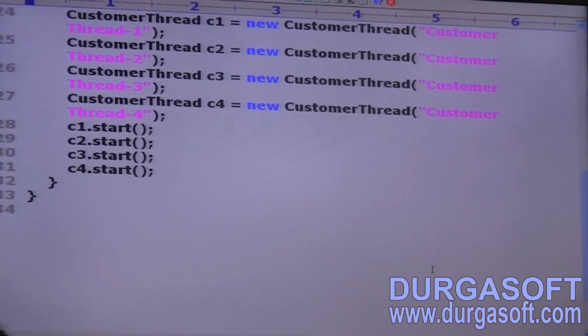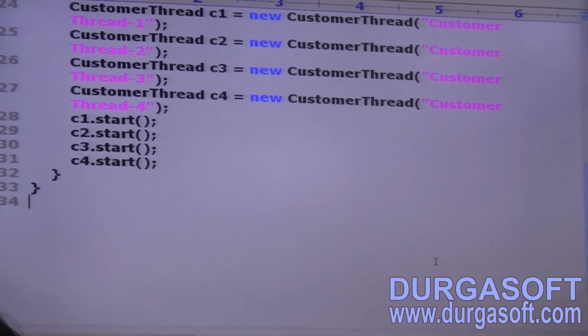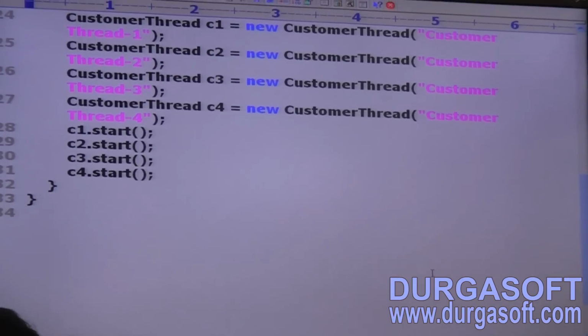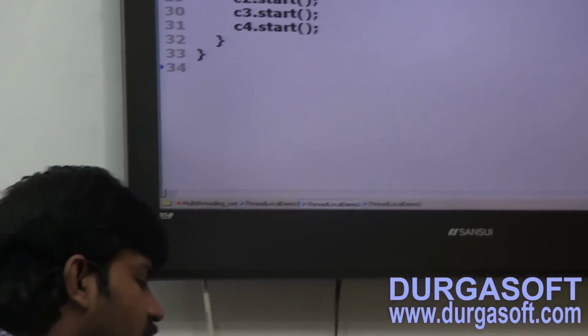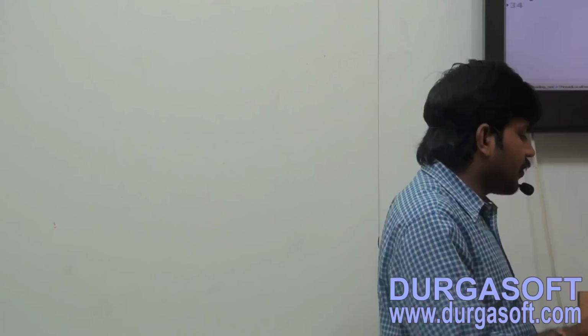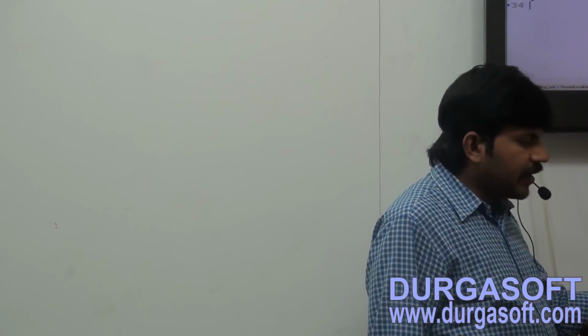Next, add one theoretical point. In the above program, for every customer thread, a separate customer ID will be maintained by the thread local object.